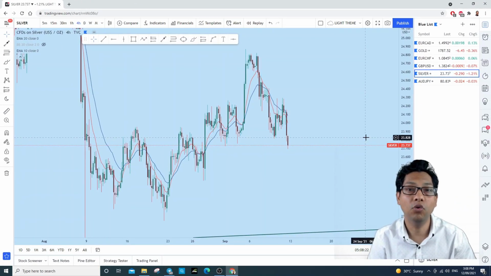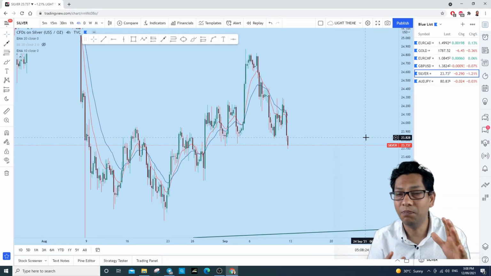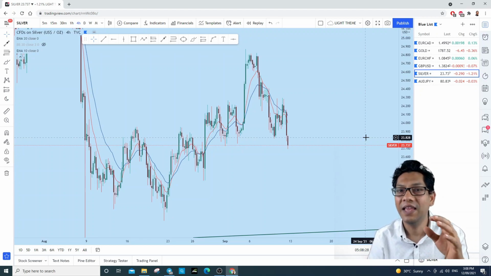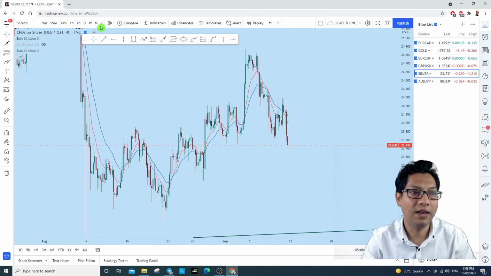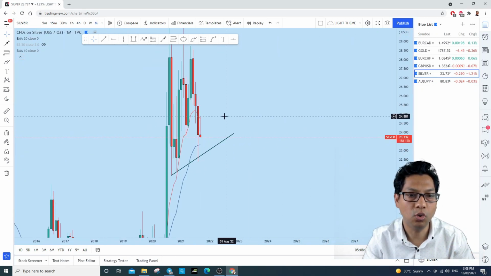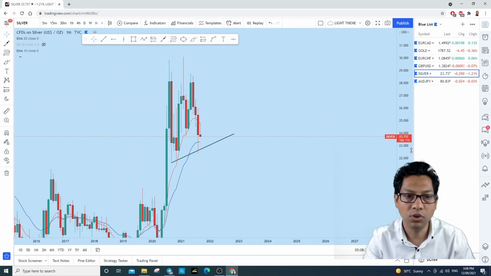Now normally silver follows gold, so there is not much to analyze on silver because this is the same picture as gold. But let's see still what's happening. Now silver, see the same picture as gold on the monthly. What we see that